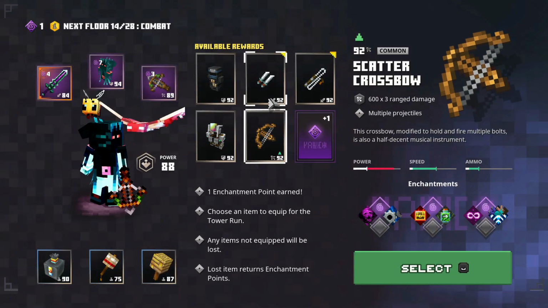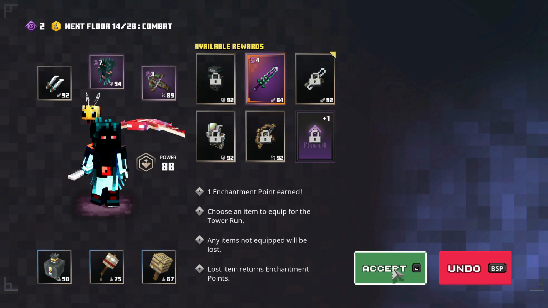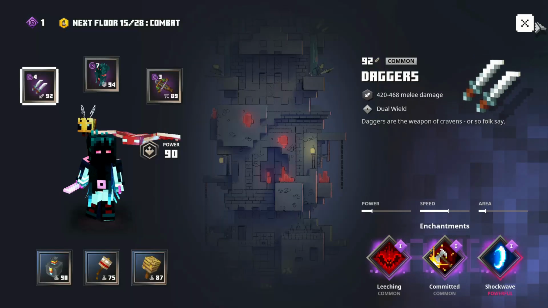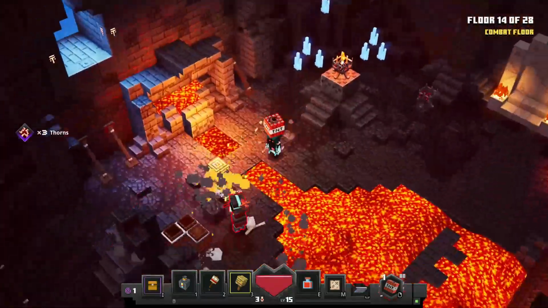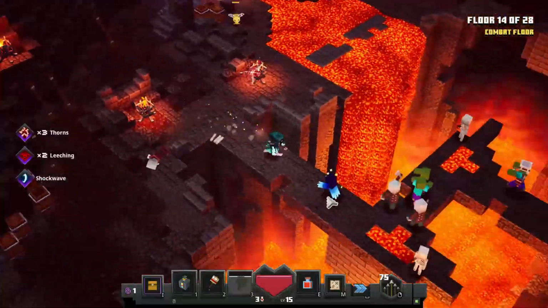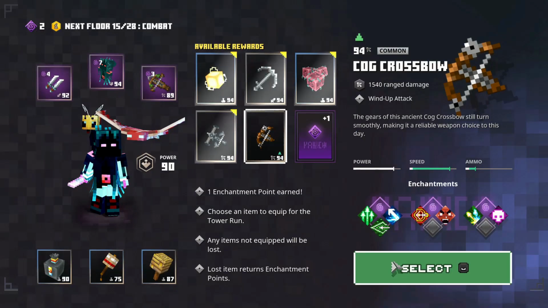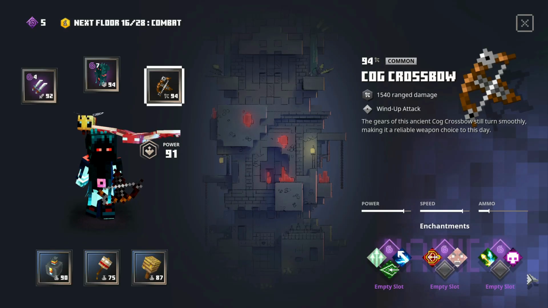At floor 14, you're going to take daggers if you wish. You can stay with the Starless Knight sword, but you have to change the sword or daggers in just a few floors, so it's up to you whether you want to change it or not. Here you will take the cargo crossbow, because